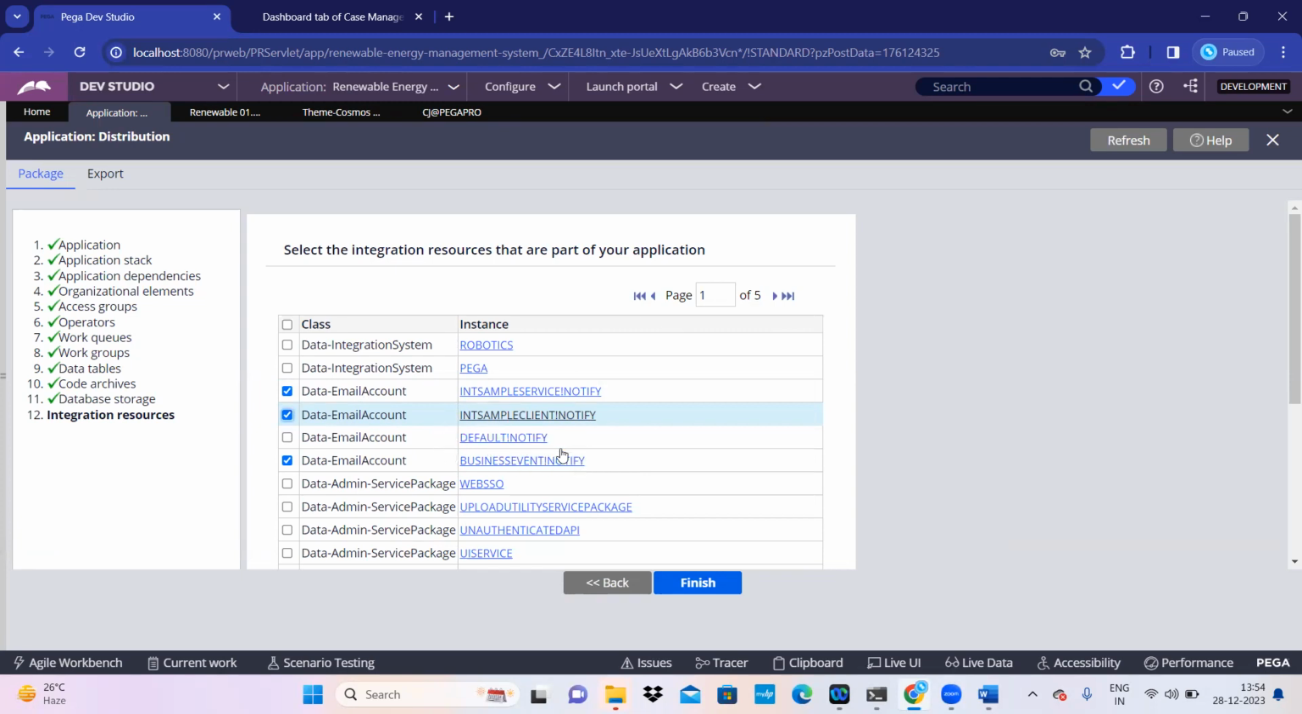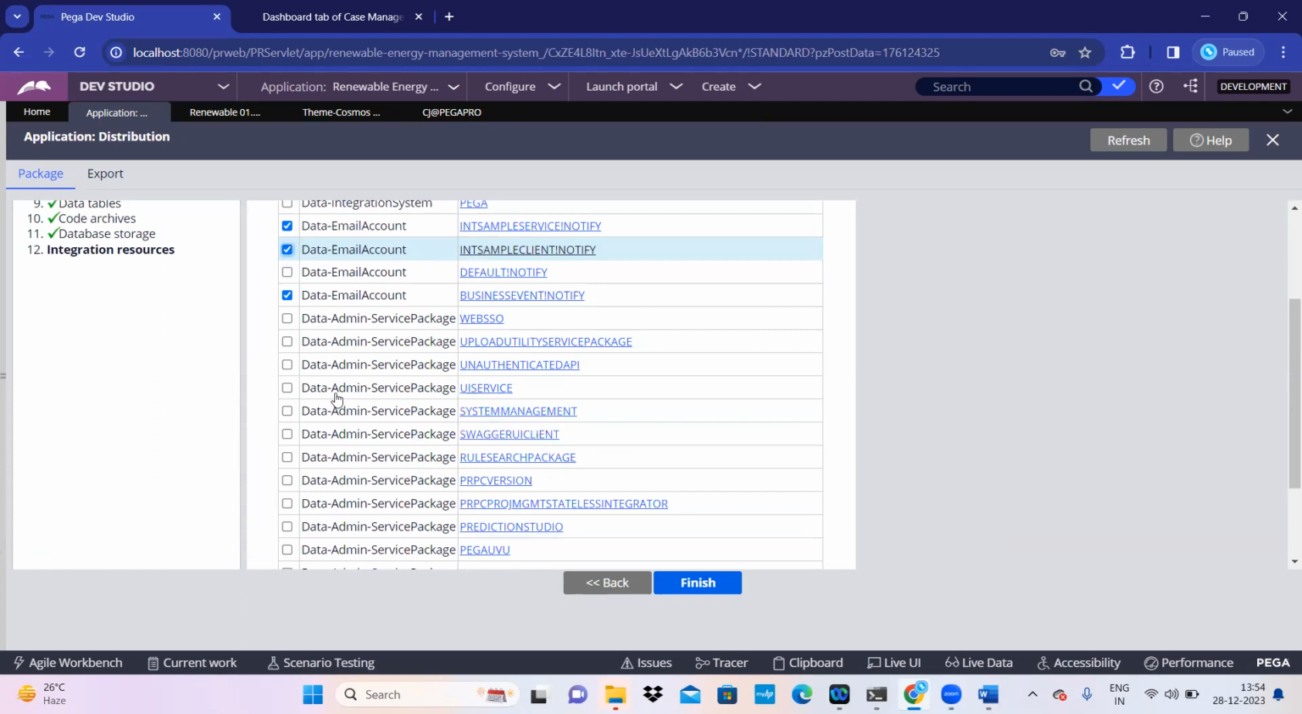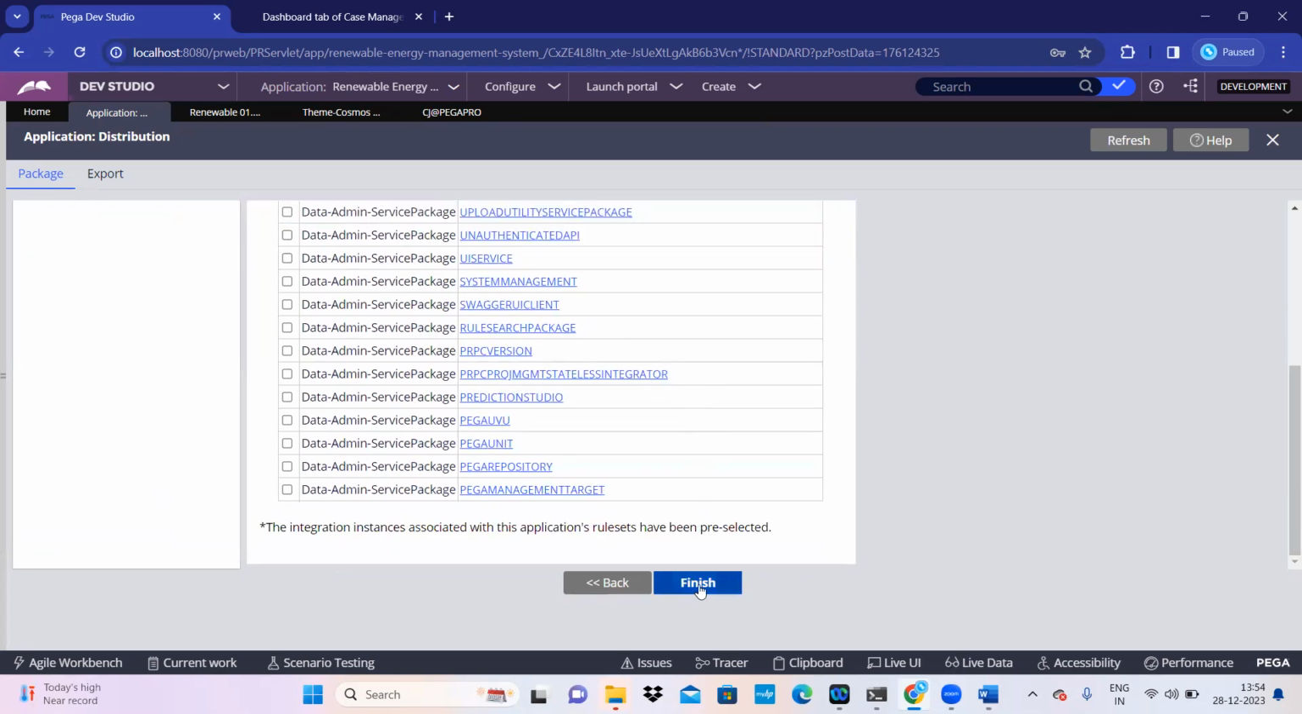I have customized a few integrations like service packages. So I need to move that service packages. Even though it is a PEGA out-of-box service package, it has been customized by me. So the latest changes are not available in the target environment. So I have to move this customized service package into the target environment. Once I click on finish,